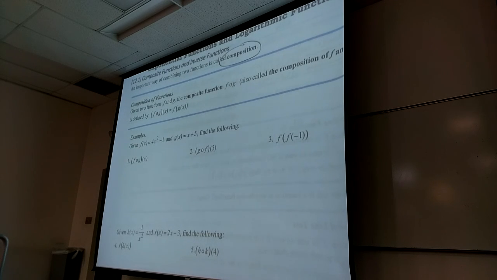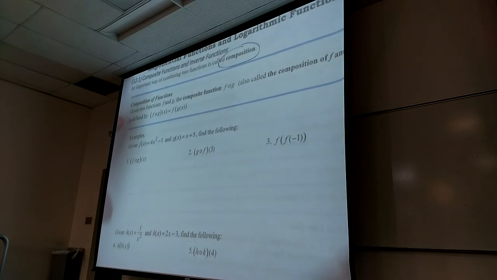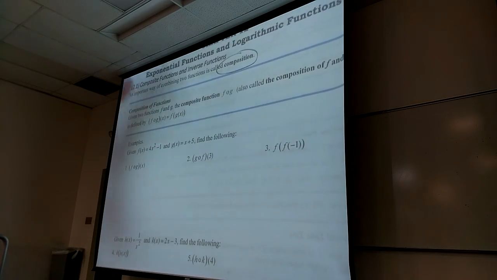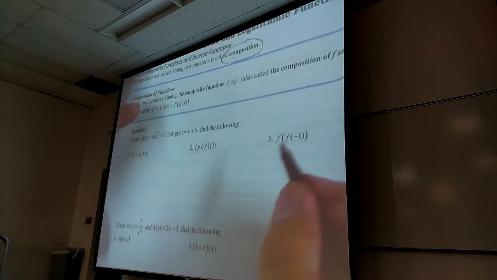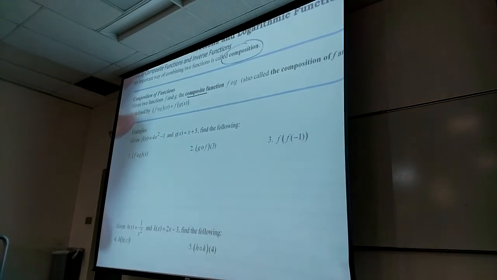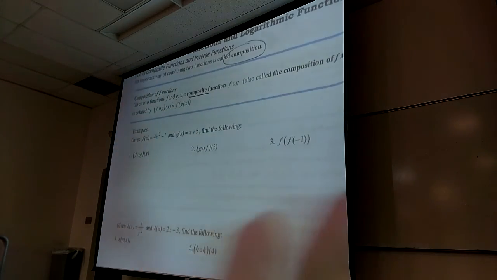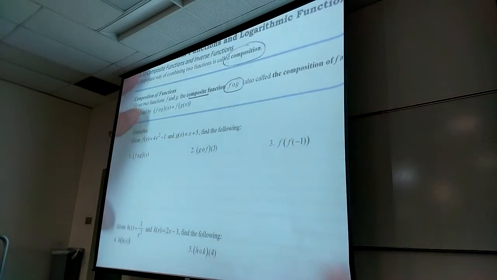So if you have a compost pile, anybody ever done a compost pile? Some of you guys are like, what are you talking about? I live in the city my whole life. A compost pile is composed of many different organic things that can then break down and be used as fertilizer, whatever. So the idea of a composite function is that it's a function that's made of two other functions. So this notation is,